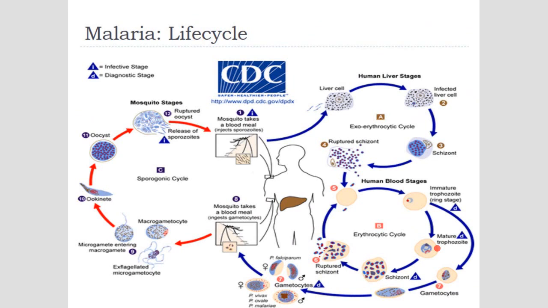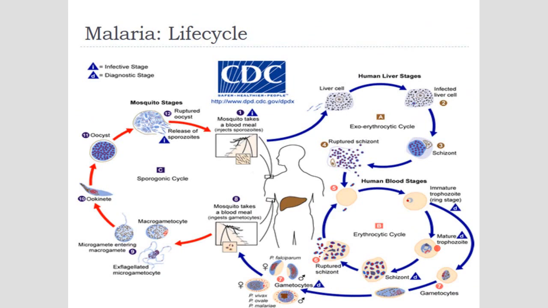Because if you don't get the concept and I tell you that an anti-malarial drug is going to affect the sporogonic cycle, you will have no clue what I'm talking about. Or if I talk about the human blood stages or human liver stages as compared to the mosquito stages. So all you need to know over here is that some of the stages, especially the sexual ones, are taking place within the mosquito.